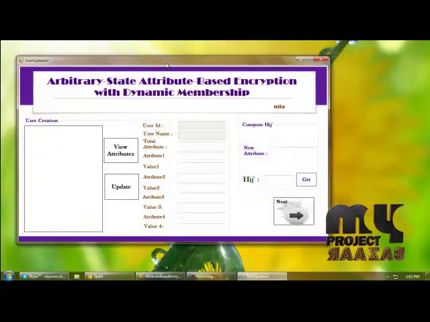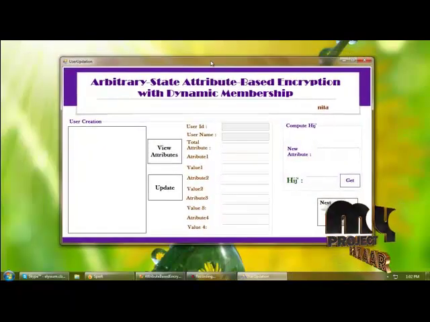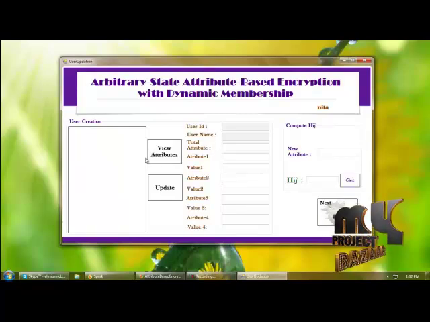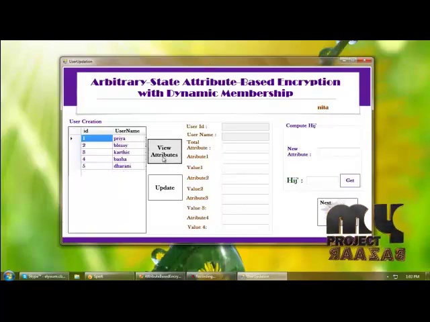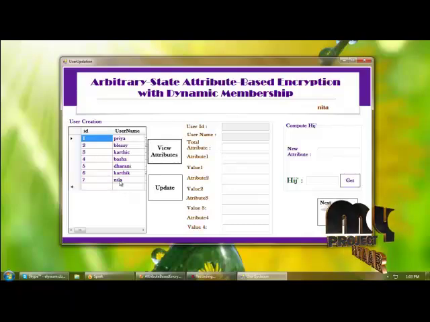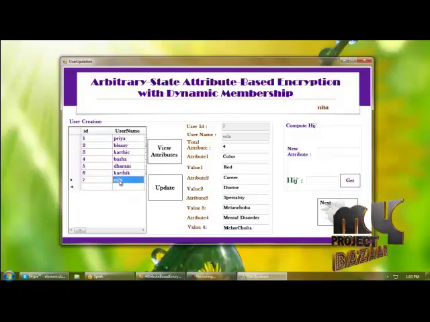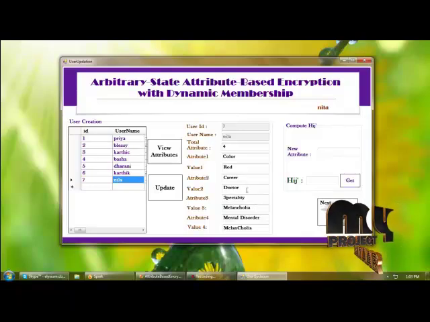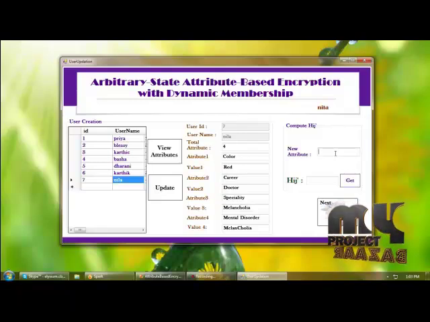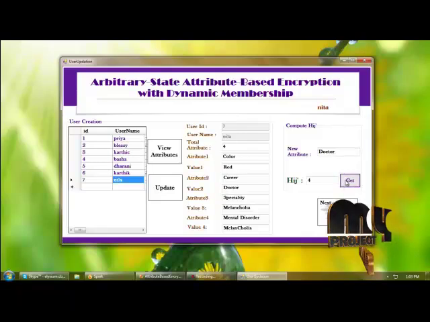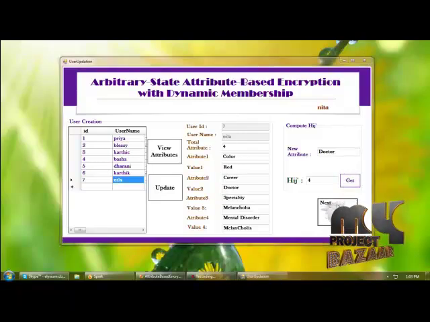And next is user updation. Here, the user can update the attributes of the user. So based on this, I am viewing the attributes of users. When I click the user attribute, we can change the attribute value here. To change the value, I am just selecting the new attribute and getting the HIJ dash value. And next is